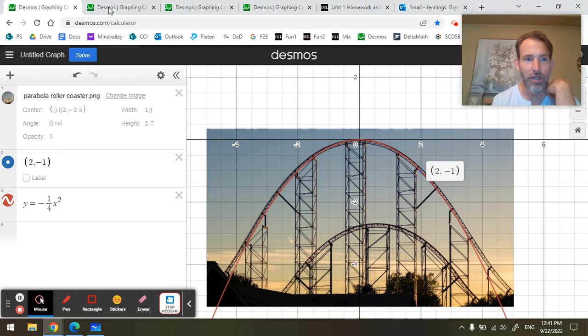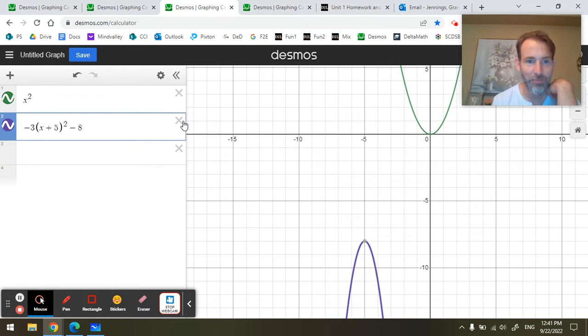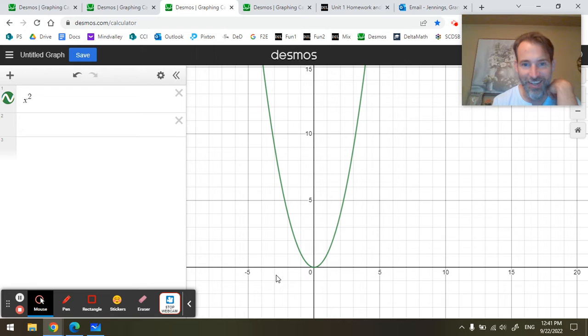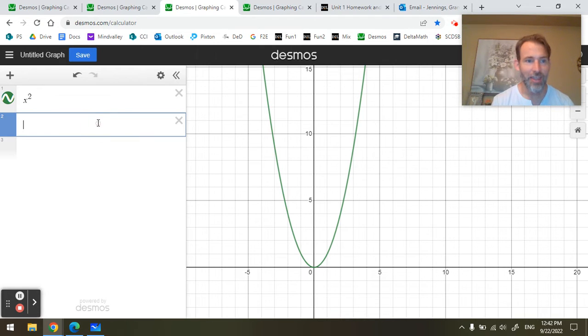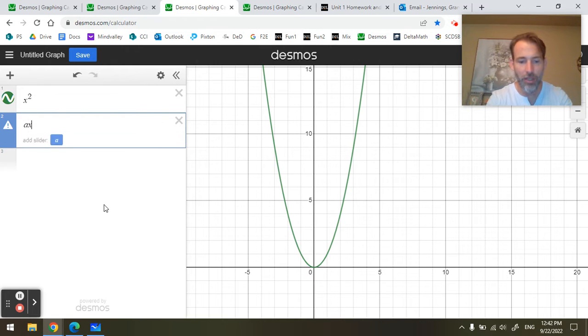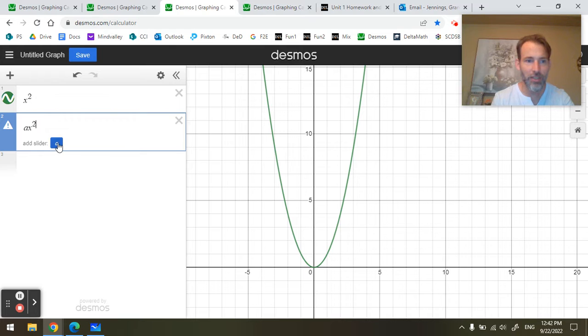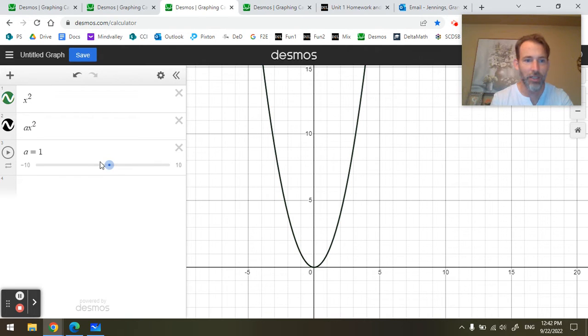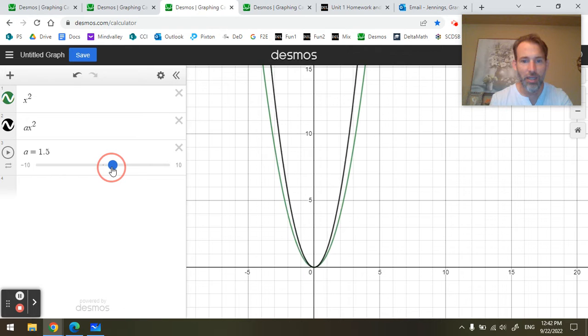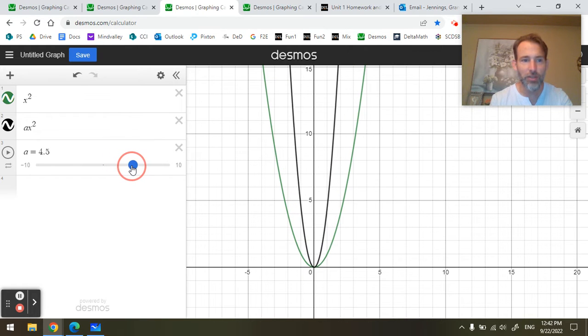So over here in Desmos, I have some quadratic functions. And here we see y equals x squared. That's what we would call our parent function, or our basic function. And then if I have an a multiplying that x squared, I put in a slider. So now this a is a number and it can change. As a gets big, we notice that it's going to stretch the values up. So if I take a look at a stretch of 5,